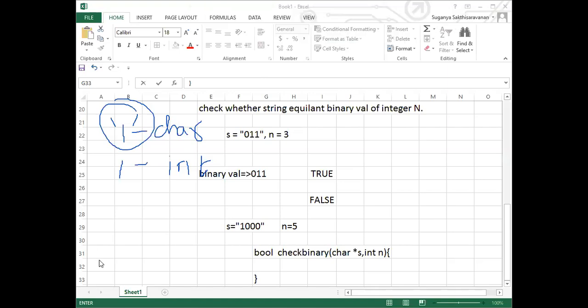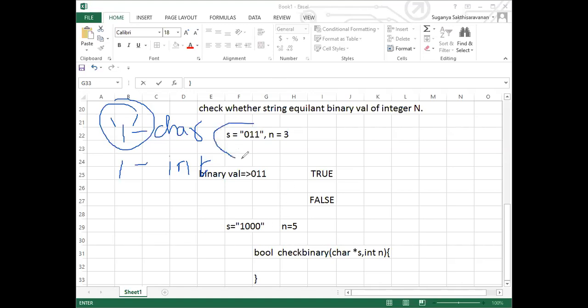No issues. Actually, here, the input will be given.